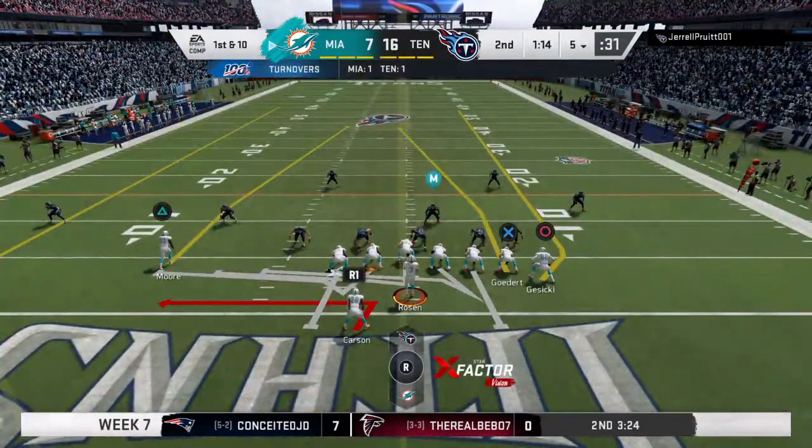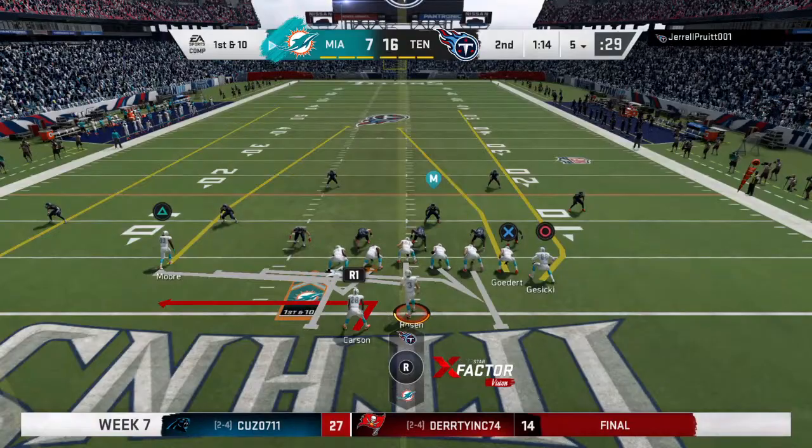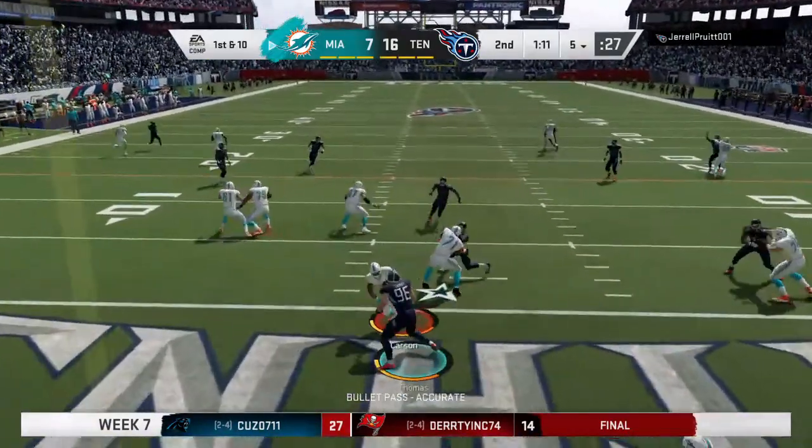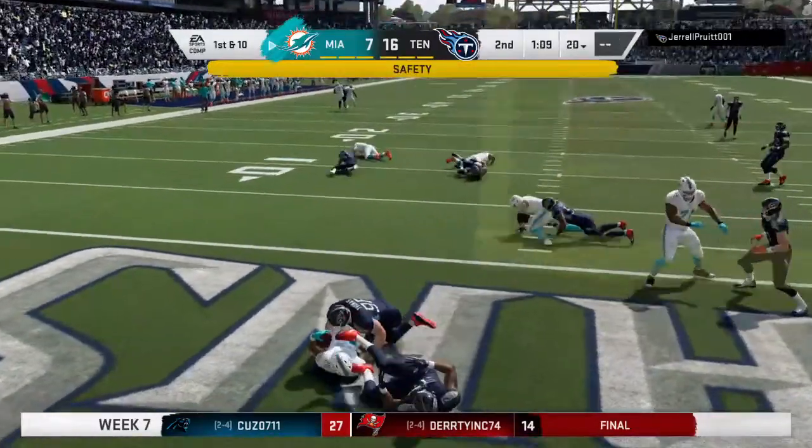The Dolphins at the line ready for their next drive. Now the question, what do you do here? Time not really an issue. You got over a minute, but you figure from this spot you'd need a good 50. And that is...